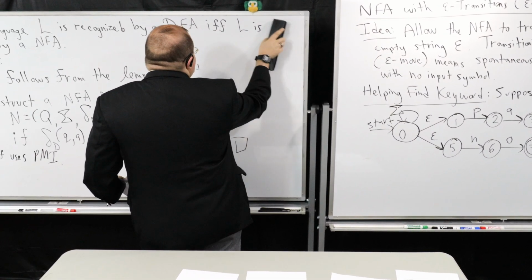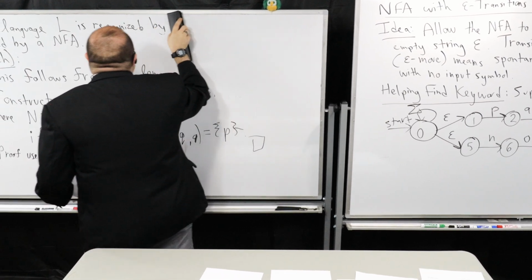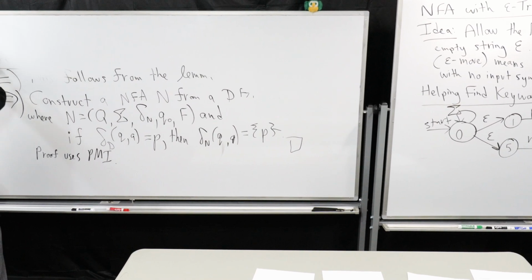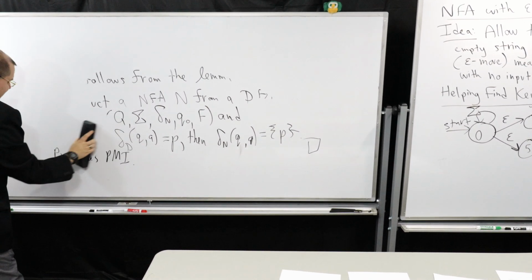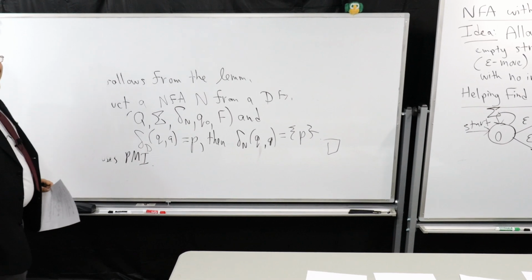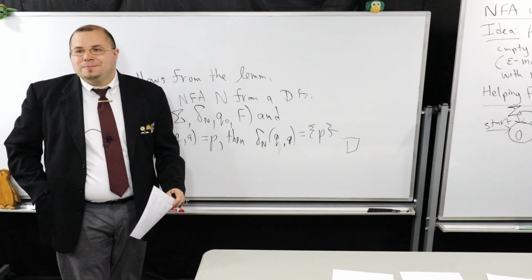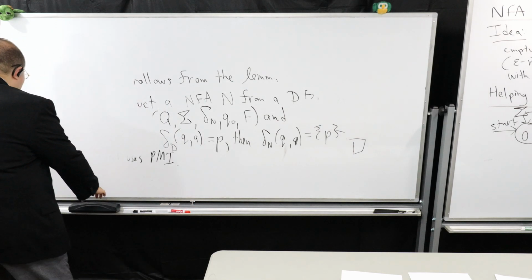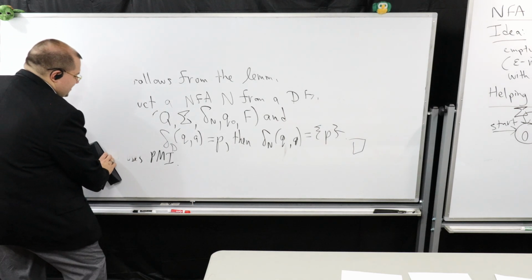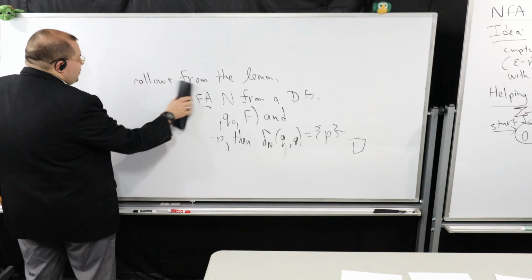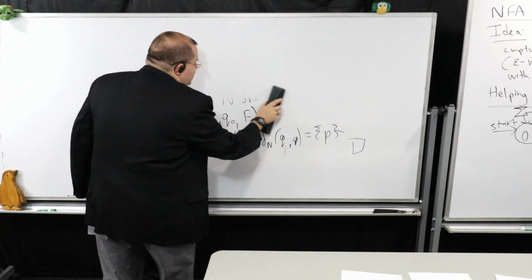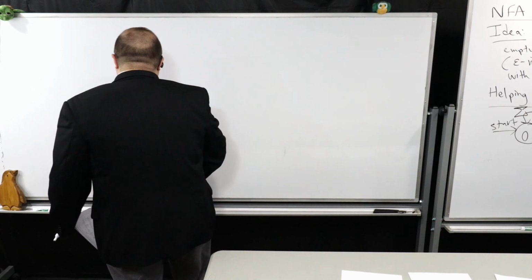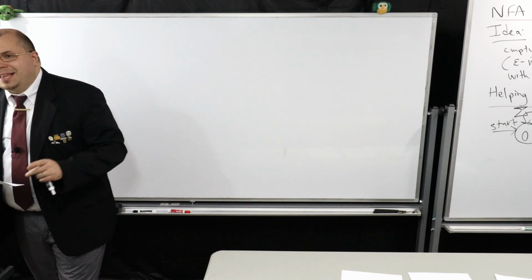Somebody in the chat's getting very clever here. There is going to be something like that that's going to be happening. We're going to see that next time. I was going to be showing it today, but I decided instead I was going to show you this proof because I consider it a very important one to see. But yes, the answer is yes. There is going to be some way to transform these machines. And believe it or not, you have most of the mathematical tools to do so, but we'll see next time how to do it. So let me just do this one last example here.